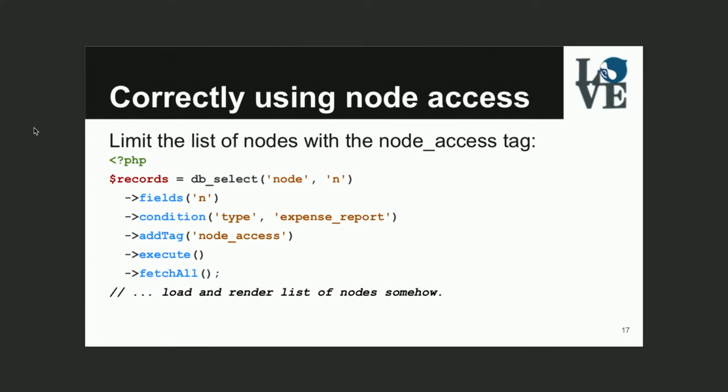Similarly, node access, right? Let's say users are visiting my site. I want to present them a list of some kind of nodes. This is basically a Drupal 7 example, but Drupal 8 is almost identical. I'm going to build up a list of nodes, and I'm just going to do a query in some way. So if I don't add this node access tag in the query, Drupal will not check whether or not the